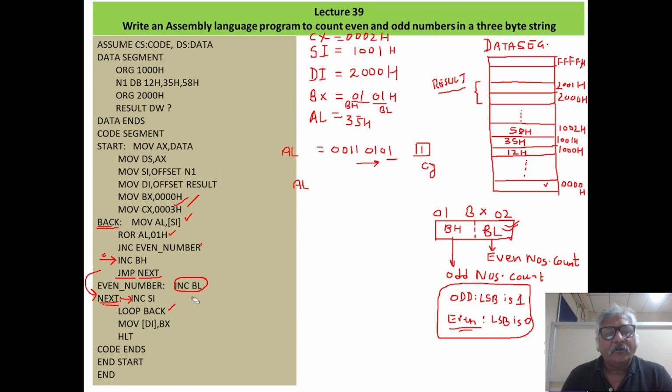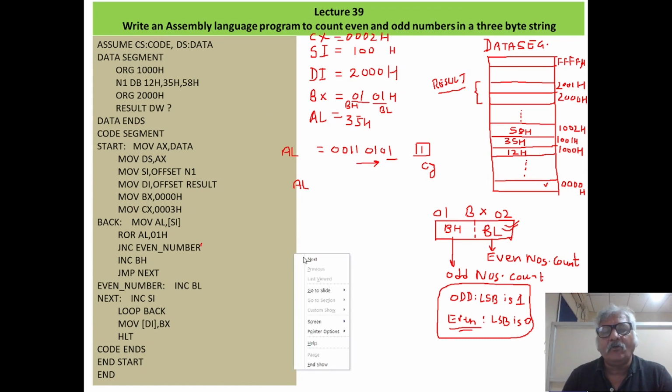Okay. So now INC SI, this instruction will increase the content of SI by 1. So SI value will become 1002, which is the offset address of my third number. See here, the third number, that is 58H, is stored there, right?